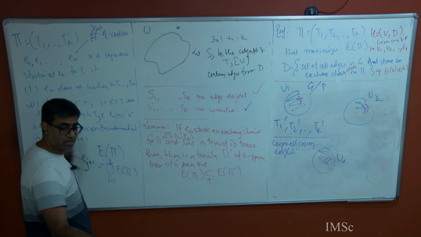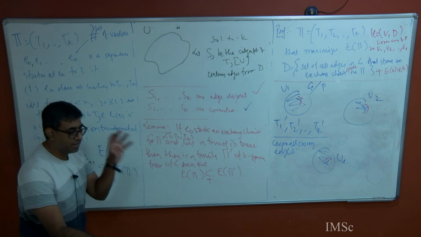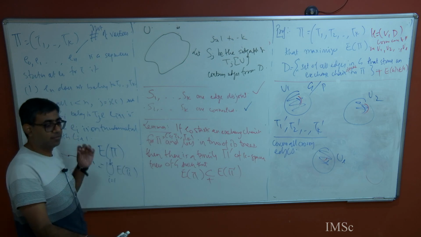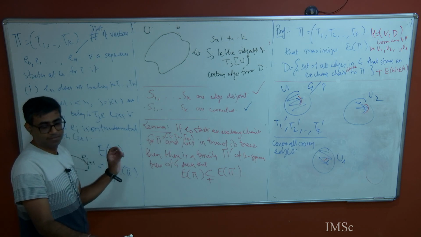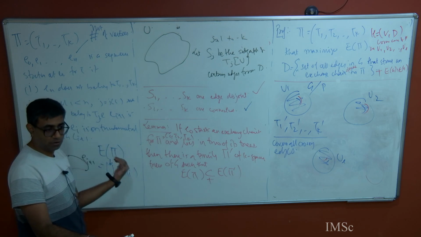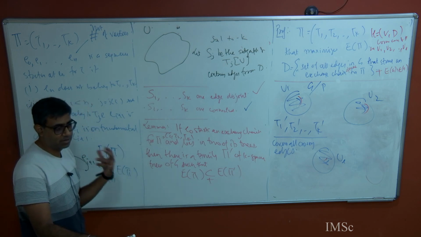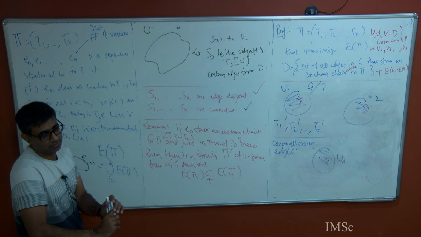If you want to partition your graph into dense pieces so that there are not too many edges flying across, then remember this. I don't know how to do an algorithm, but that is a very different question. The existence of such a partition is a very, very useful object.